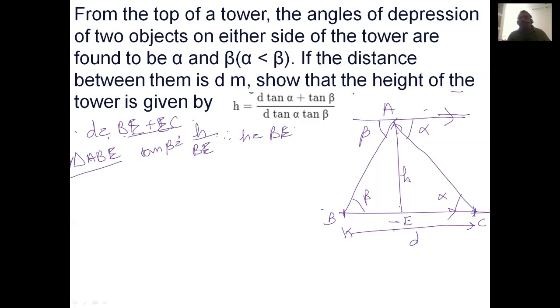Sorry, we have to find out BE. BE is equal to H upon tan beta. Similarly, in triangle AEC,